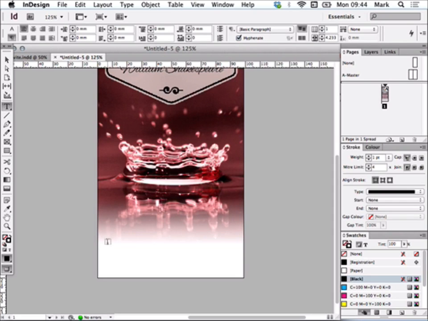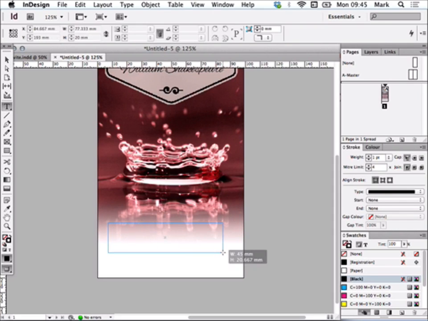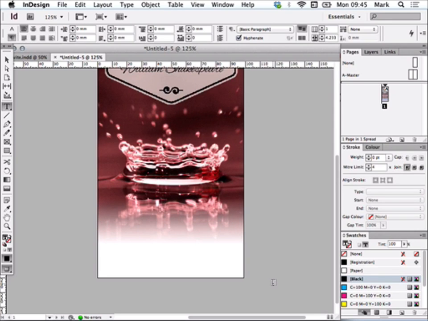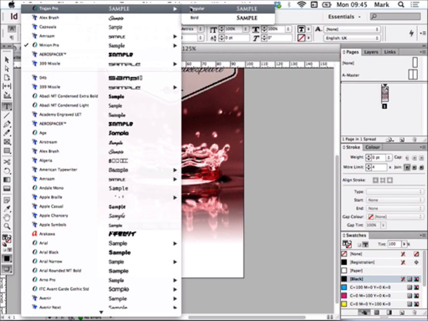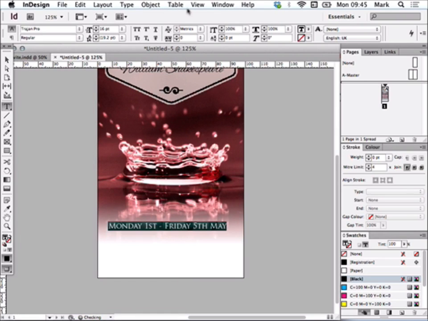Let's switch to the type tool and add a text box in the bottom here. And we just need to tell people when this is. So once I've typed in when this is taking place, I'm going to highlight that, and as I've done previously, change to a typeface we're already using. So I'm using Trajan Pro regular, and I'll just increase the typeface slightly